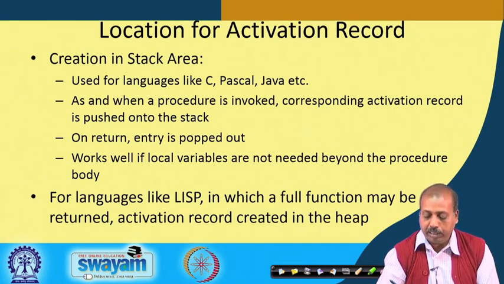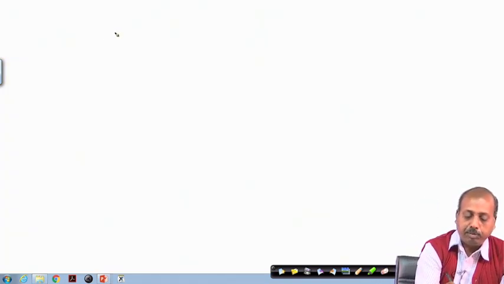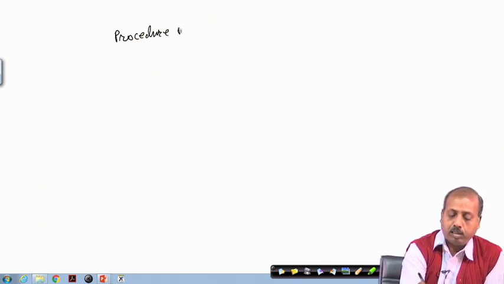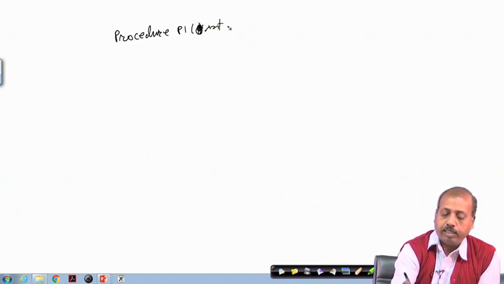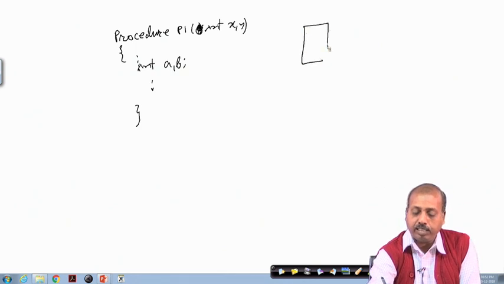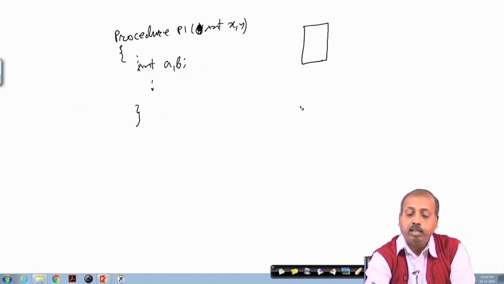What I mean is, in the previous example, we have got this procedure P1, and it has got arguments, say int x and y, and then within that I have got some local variables a, b, etc. So, this activation record structure is fixed as we had previously: the return address, then x, y, a, b, etc., but they are not created on the global area or the static area.